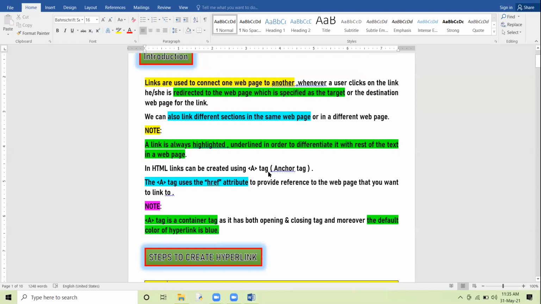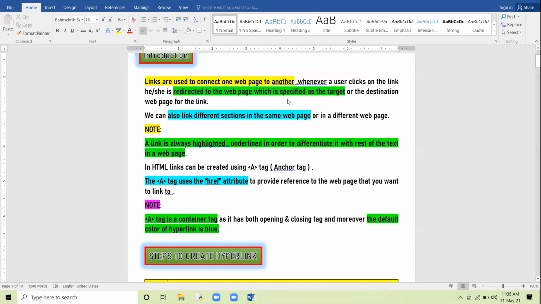All right. Now, how can we create the hyperlinks? We can create the hyperlinks with the help of the anchor tag. The anchor tag is denoted by A. The A tag signifies the anchor tag.